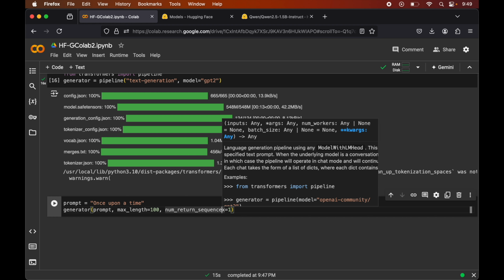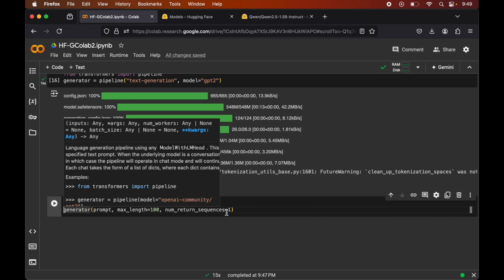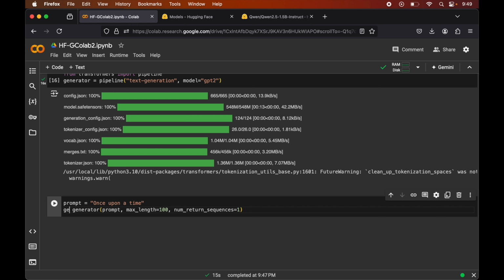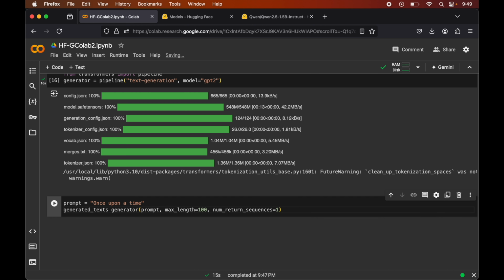This parameter defines how many responses we want in the output. If we want 2 variations, then we would define this as 2. Otherwise, for now I will keep it 1, and you can try out different values here. Let's now assign this to generated texts, because this can be multiple.